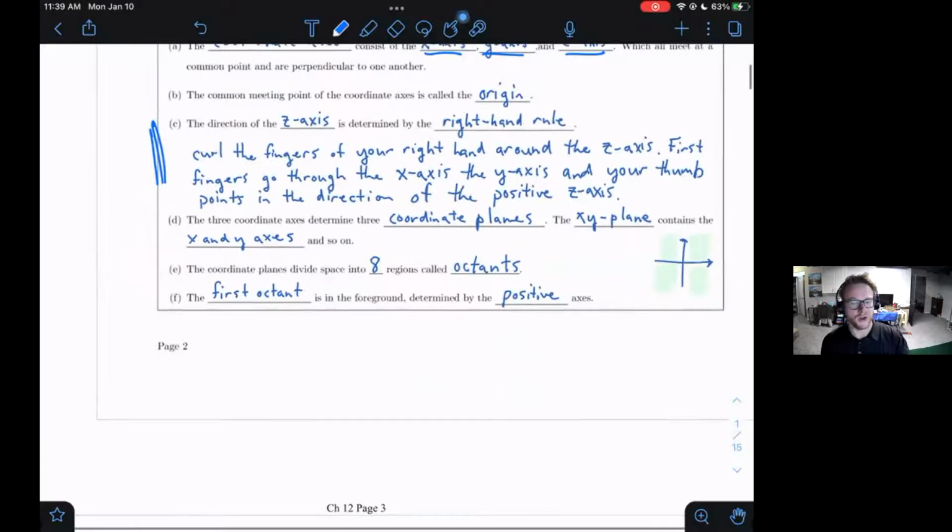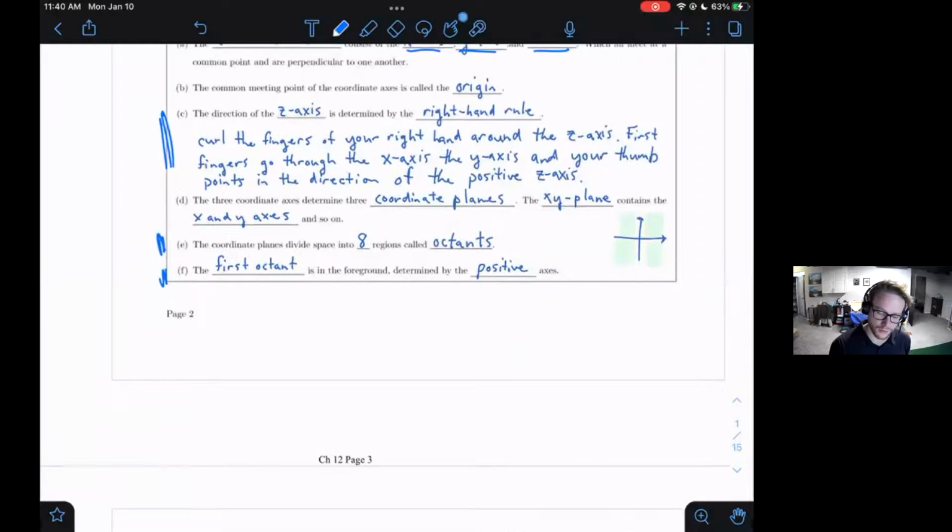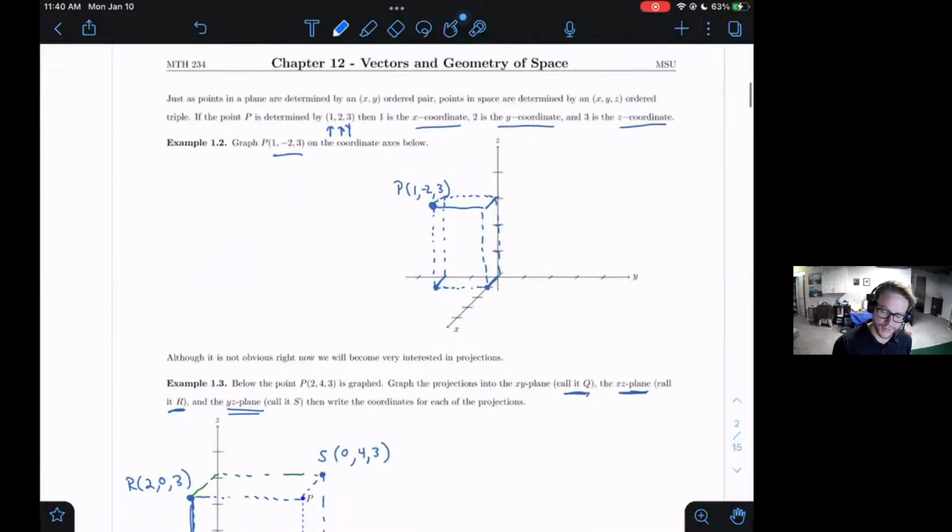Instead of quadrants, you have octants, right? And there's not really a convention for all of the octants, but everyone agrees that the first octant is the one that has all the positive axes, just like the first quadrant. So, right, we have a first, second, third, and fourth quadrant. Octants, no one can really agree on how these things should be enumerated. There's not any conventional way to do this, but at least folks can agree that the first octant will be the one with all the positive axes. So that's uniform across any math textbook that you see.